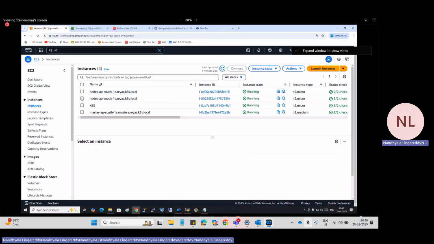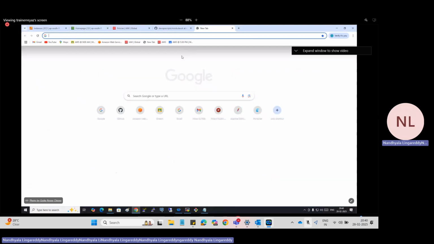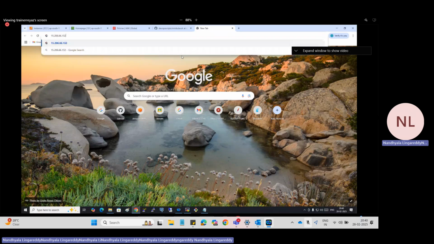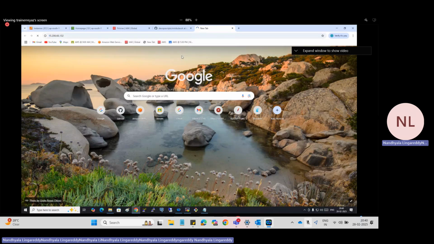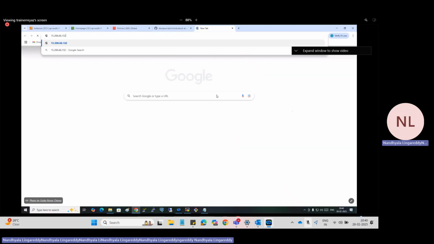No. So select any one of them, copy this, on port 80. So I know the port. Will this work? It will not work because which type have we used there? Cluster IP. It will not work. So for that reason, we will not be using cluster IP.